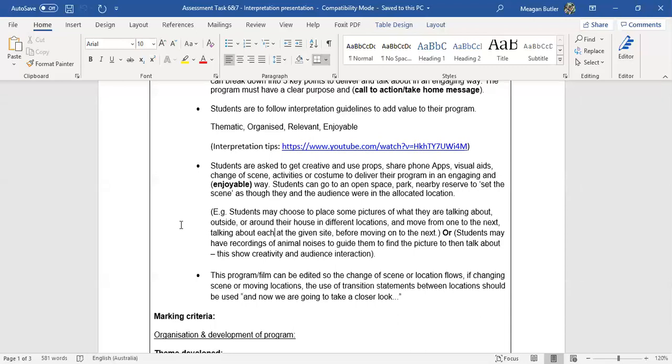Okay, and the other example I've given, as additional aids, students may have recordings of animal noises to guide them to find the pictures, to then talk about each. That's just another additional thing you might do. I mentioned Scats and Tracks earlier. That's just a program that is always a bit of fun. You could talk about either native Scats and Tracks or invasive. But what does a fox's tracks look like for their footprints, and what does their poo look like? And let's go and identify some Scats and Tracks. Is this native or is this introduced? So that's just another